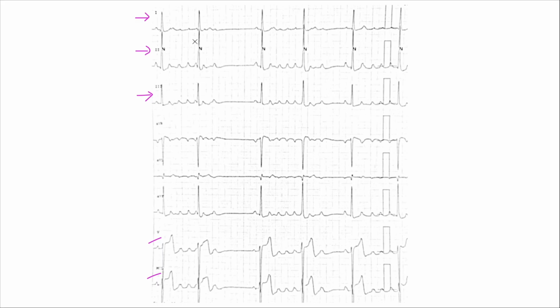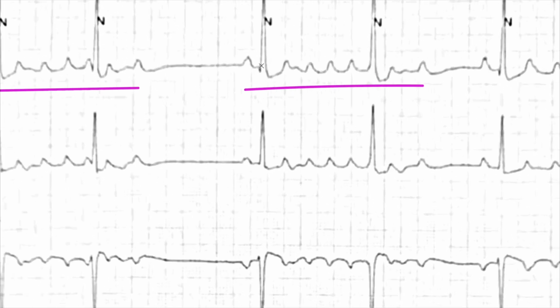Now, let's keep going. So with this patient, we still have atrial flutter, right? It's intermittent. Now, I do want to point this out. This over here looks like a regular P wave. Maybe it is, maybe it's not. The reason why I say this is a regular P wave is because the PR interval here appears to be the same as over here, and every time we get a QRS to depolarize,